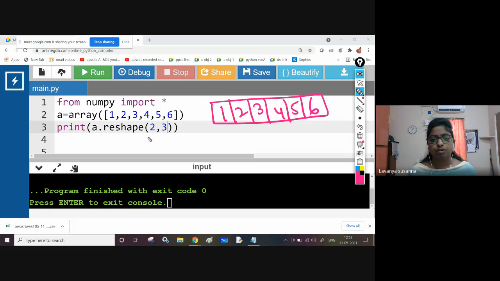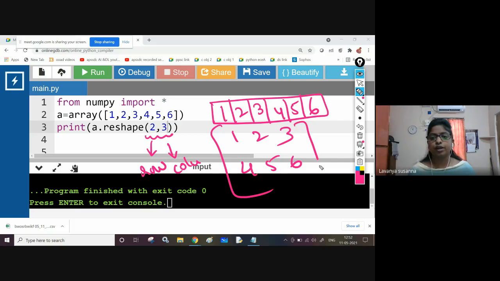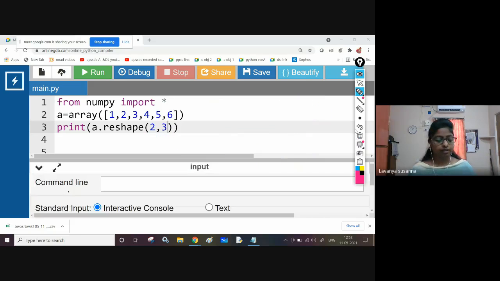In reshape I have given 2, 3. That means 2 rows, 3 columns. 1, 2, 3, 4, 5, 6. This is the output you will get. Let us see what output we are getting.